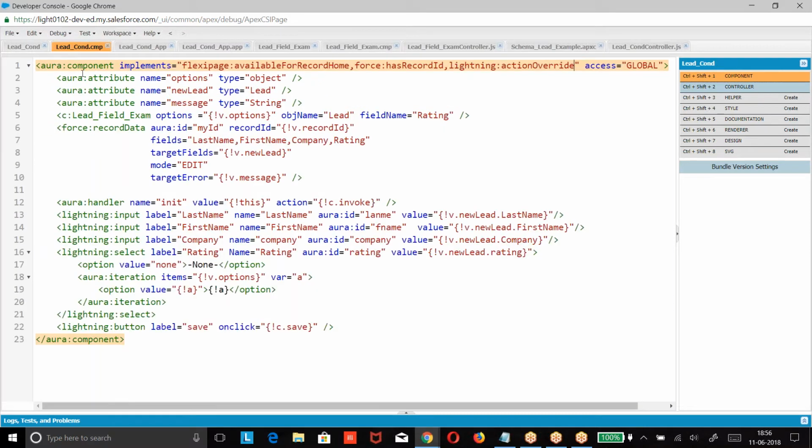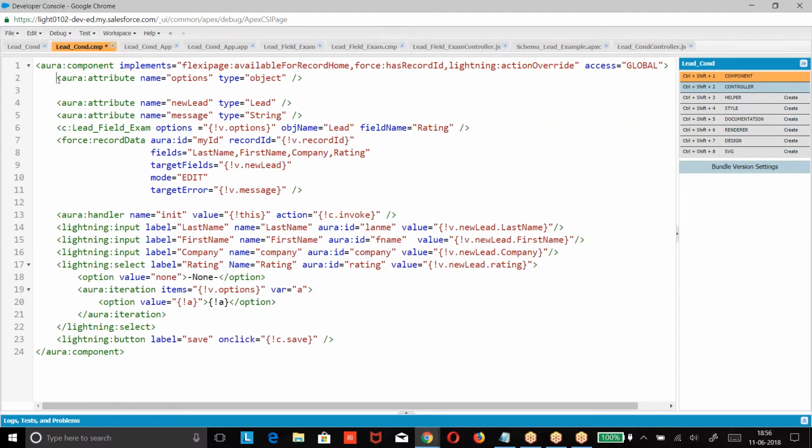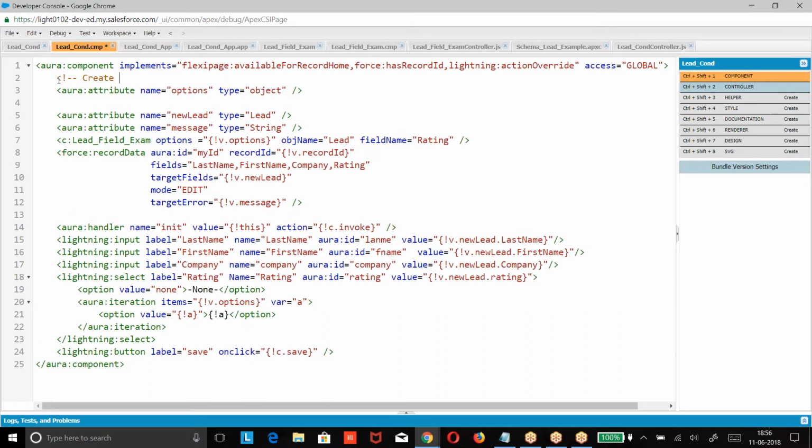I also need to create an attribute with name options to sync the data between lead. There is a reason we have created this attribute.